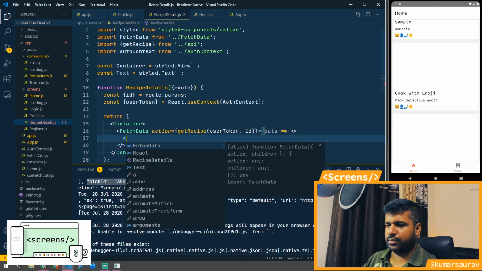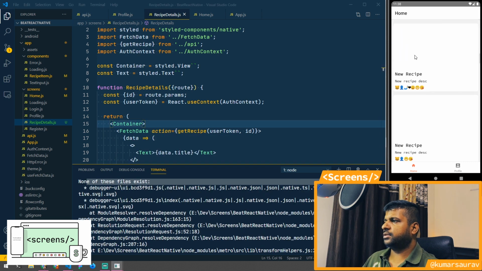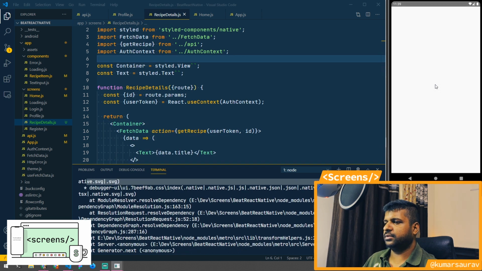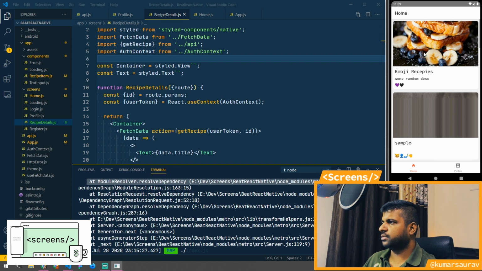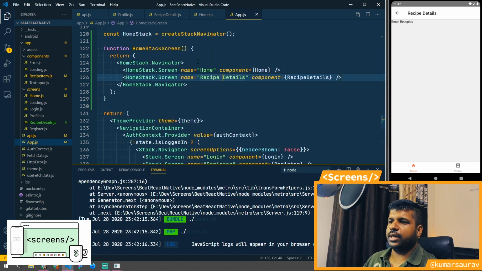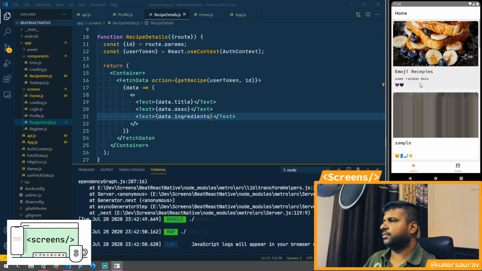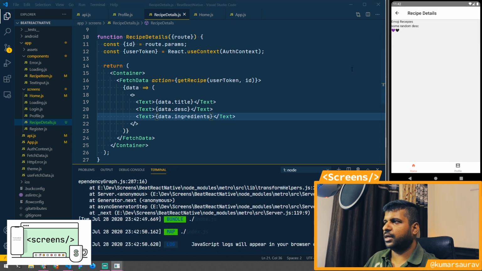So basically what we'll do is we'll use text here and try to print data.title. Let's check. Okay, let's refresh and check this. I think something is going wrong. We made a silly mistake here, so this slash will not be there, so I think we're getting a 404. Okay, so now you can see that we are getting the details, the title. Let's go ahead and add ingredients. Okay, so now I think you could see that we have all our 3 data points.